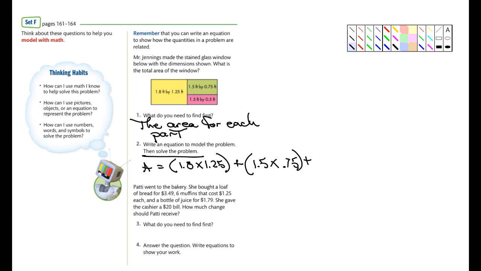That's the equation. Now remember, area is length times width, and that's what we're doing. Length times width, length times width, length times width. But there's 3 smaller areas, so you're going to have to add them all up, and that's what I'm doing here. We're adding it. I didn't do the last one for you though, and sounds like they're mowing the lawn, so maybe I should end this video. So anyways,